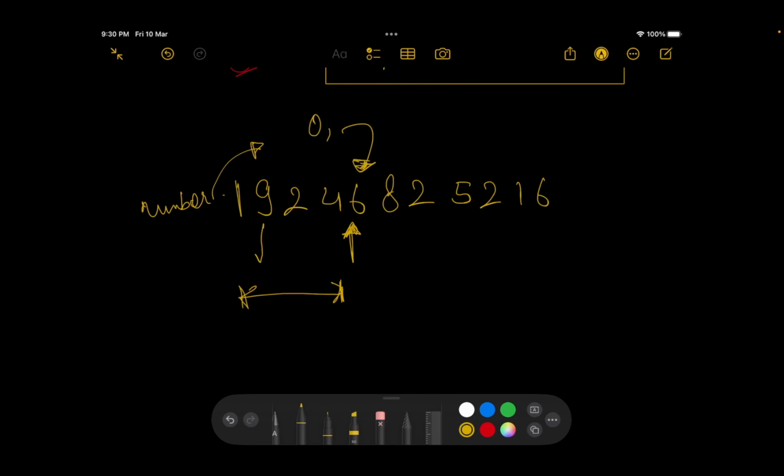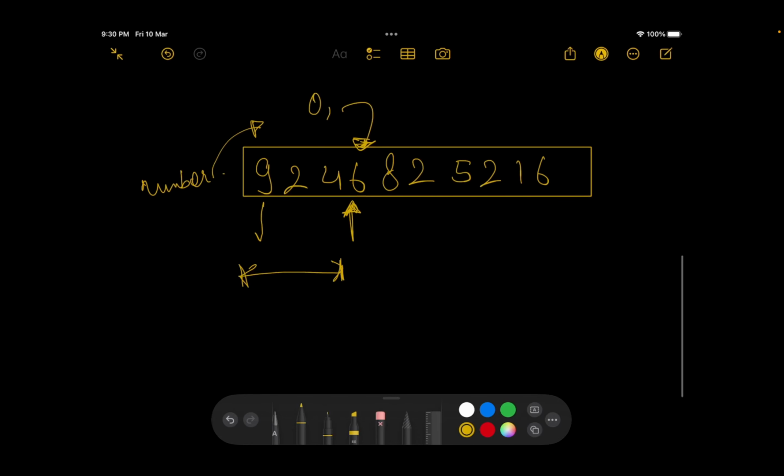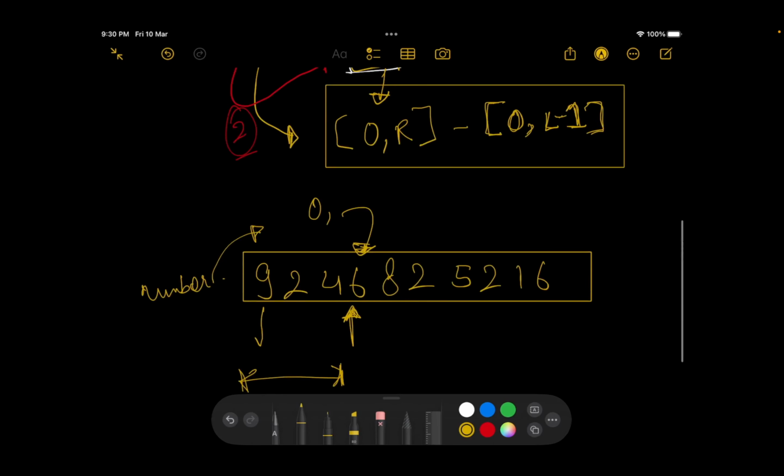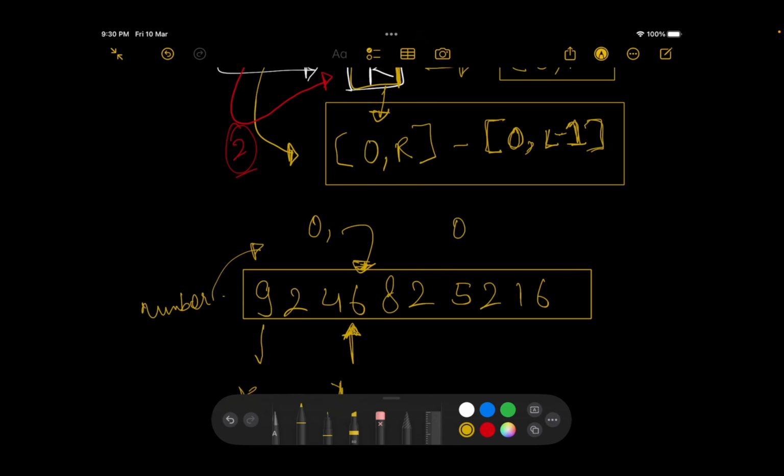This is the entire number I'm having. So how many numbers are there in this range which follow some constraint, right? Technically you cannot exceed this number. You cannot say that I have a number that is greater than this and it still follows the constraint. Yes, there would be such numbers, but they are of no use to us because we want to find the elements in the range 0 to R.